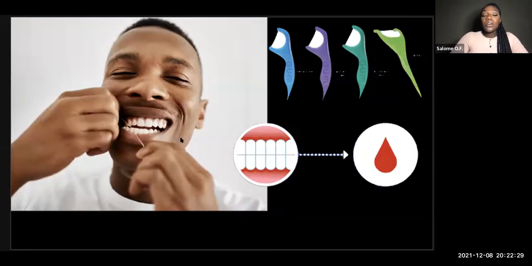And then this also adds to bad mouth odor. The bacteria that's sitting there is what's causing the odor. So maybe you're brushing your teeth all the time, you're flossing, but you still have a bad odor. It's because you're not able to remove that bacteria that is so hard on your teeth. So you need a professional to help you remove it. And then afterwards, when you do your own practices at home and you're keeping up, you'll find that the odor